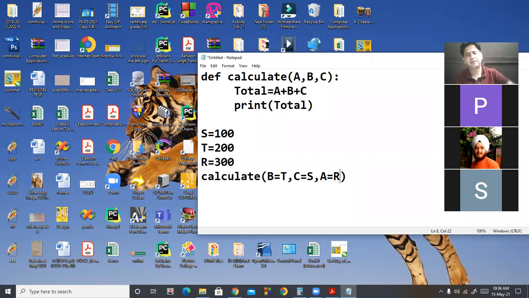So look here, we provide b is equal to t. So b will receive the value of t. This c will receive the value of s, and a will receive the value of r. Manvi, clear hai? Any doubt in this? No, sir. Okay. Third type of arguments are called